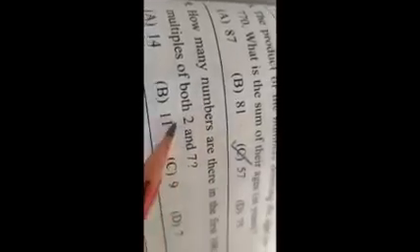But what do they ask? The first 100 natural numbers. So which are the first 100 natural numbers? 1 to 100. In that, what do we have to find? Multiples of both 2 and 7. So we will see. 7 is a multiple of only 7. Is it a multiple of 2? No. Then 14. Yes, it is divisible by 2 and 7. Then 28, also a multiple of 2 and 7.